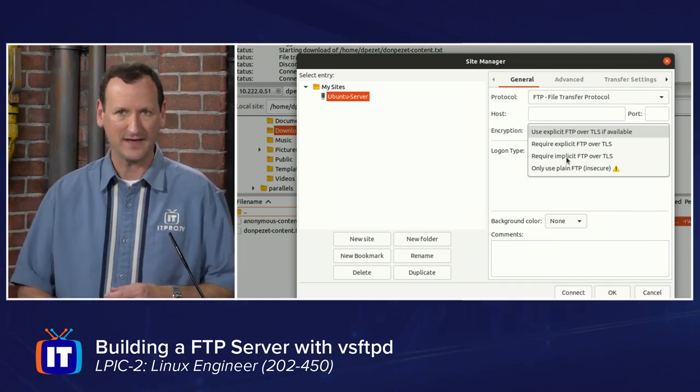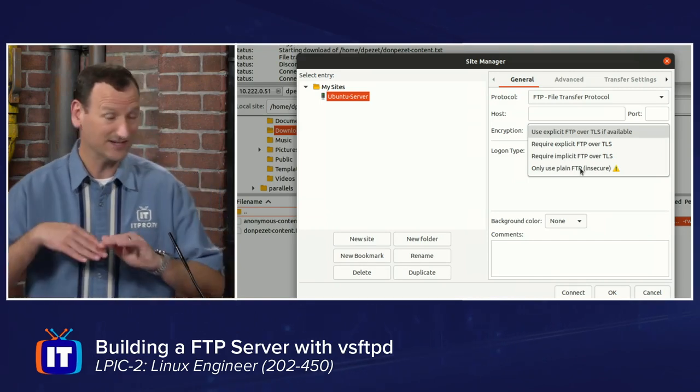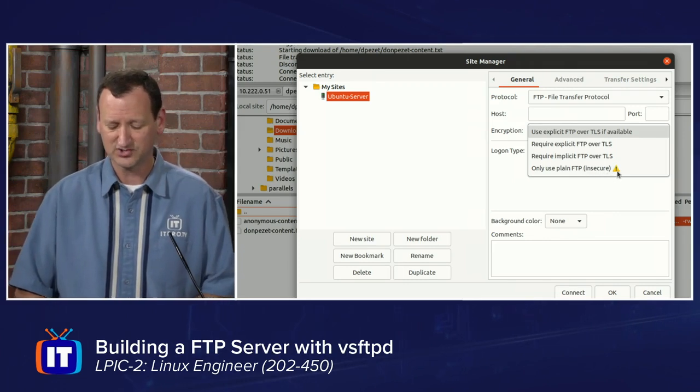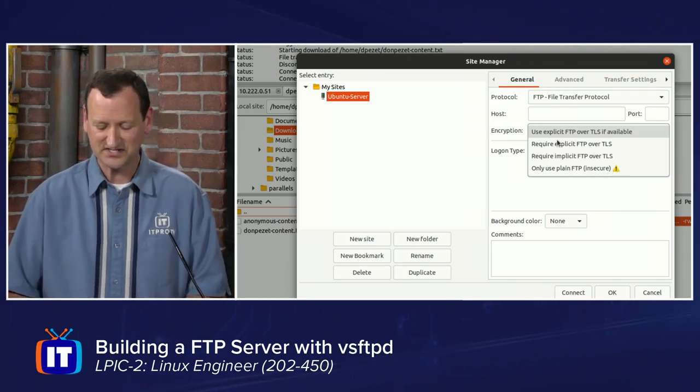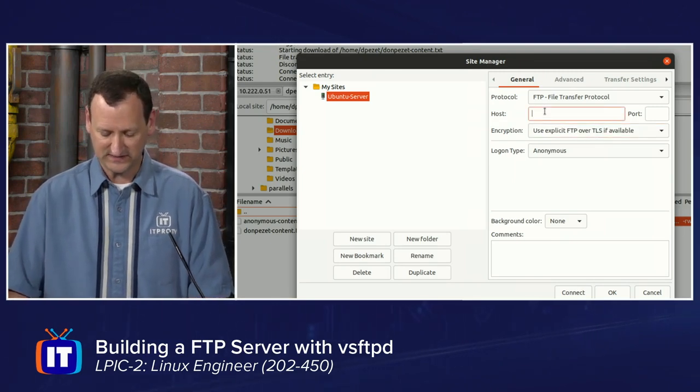Usually, it'll automatically negotiate, so we don't have to worry about it too much. And then the last one is, hey, just go plain text. Just go ahead and do plain insecure, and I get a little yellow triangle telling me that's the wrong choice. So I'm going to stick with use explicit FTP if it's available, and then I can specify my host, which is